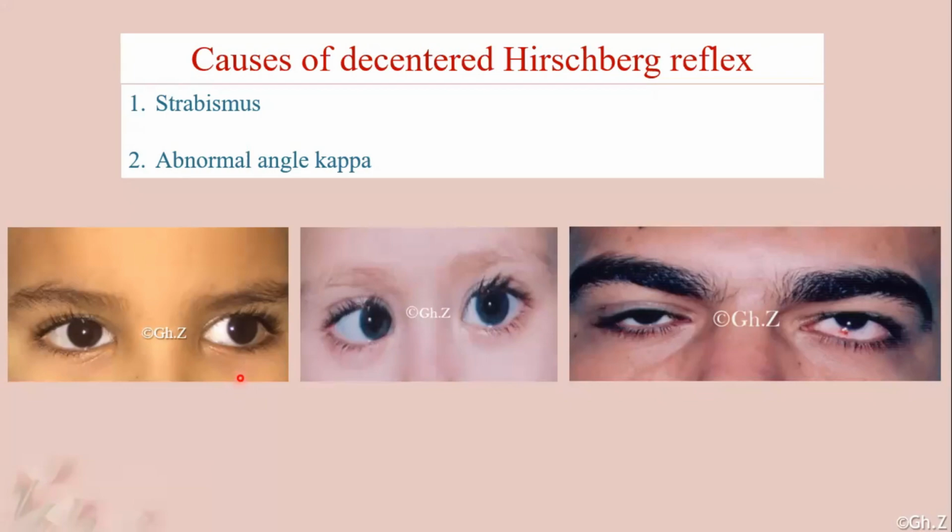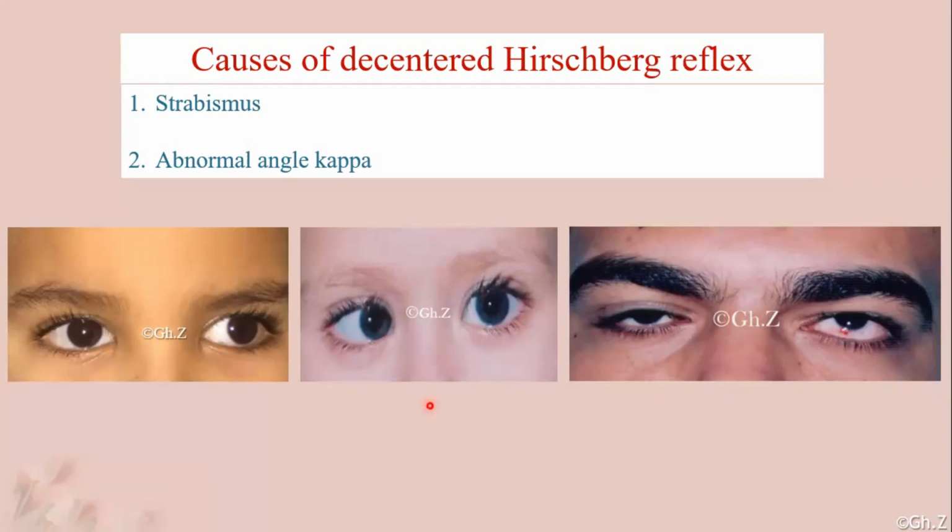But you have to say to the examiner there is exotropia of the left eye, and I have to confirm by cover test, because cover test is the mainstay for confirming the presence of strabismus, okay? So cover test can rule in or rule out the presence of strabismus. So don't say here the Hirschberg is decentered nasally, so it could be true strabismus or pseudostrabismus and so on. No, you have to say this is a true exotropia in the left eye, and I have to confirm by